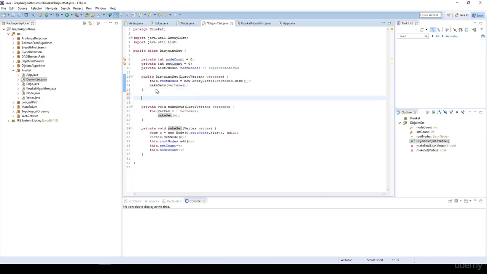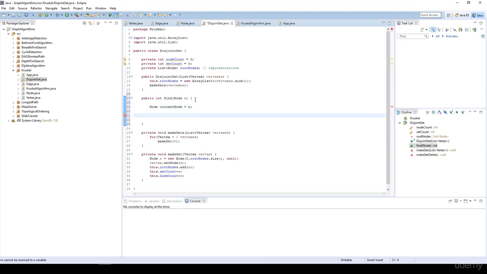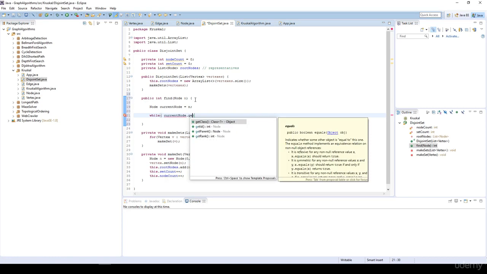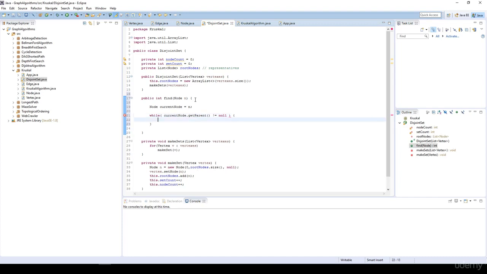So I'm going to have this public integer find, and it's going to have a node as the parameter. And basically I'm just going to have a current node. It is equal to the n at the beginning, and we have to look for the root. Basically we are looking for the representative. So while the current node that get parent is not equal to null, we are going to have the current node is equal to the current node that get parent,